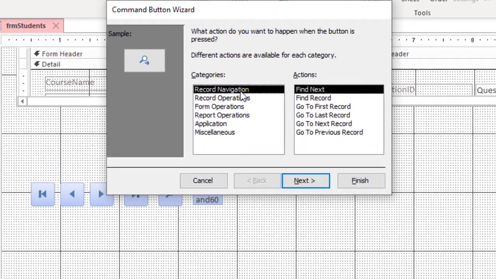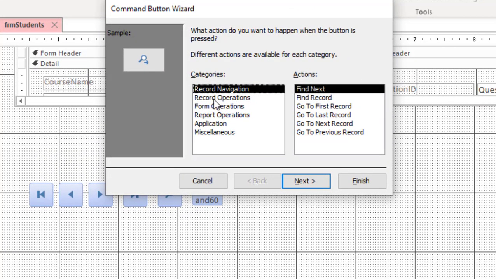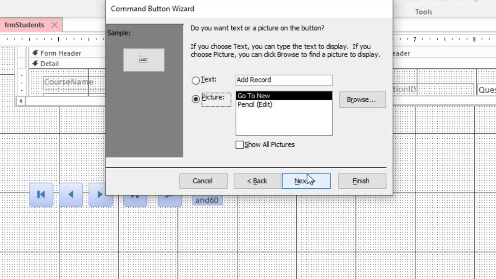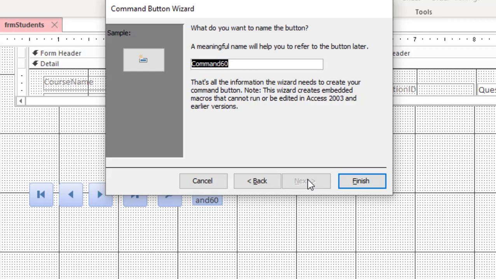So instead of record navigation, I'll say record operations, if you like to do that. See, you can add new record, delete new record, and so on. So I'll take add new record. Next. So I'll take a picture. Next. And we'll give this a name, add record.